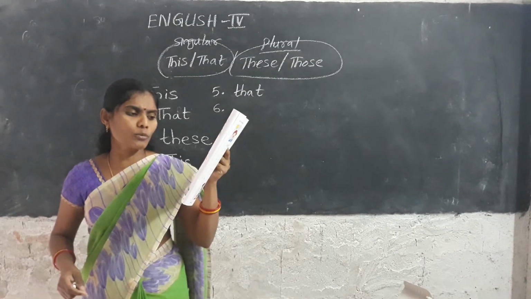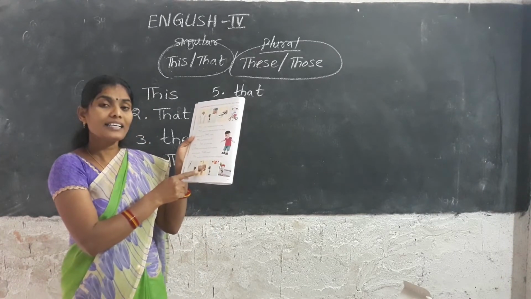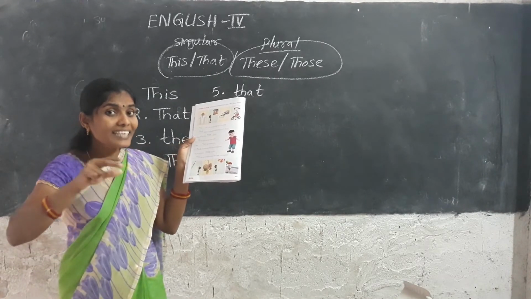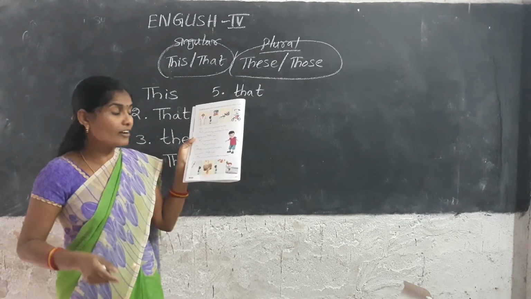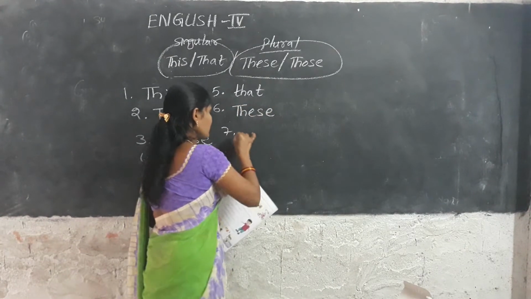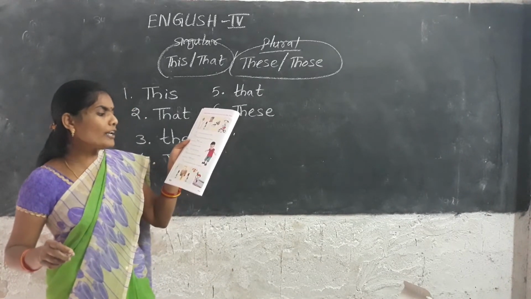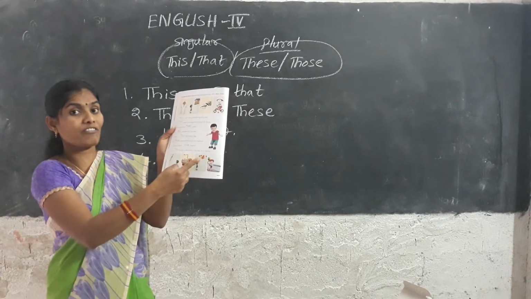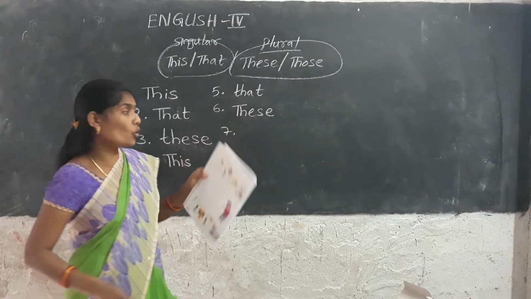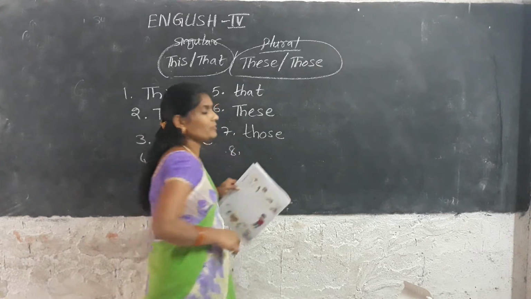Dash musical instruments are very expensive. The musical instruments are near to us and there are more. So we have to use these. These musical instruments are very expensive. Are you looking for dash flowers? Flowers are looking very far away. So we have to use those. That is plural.